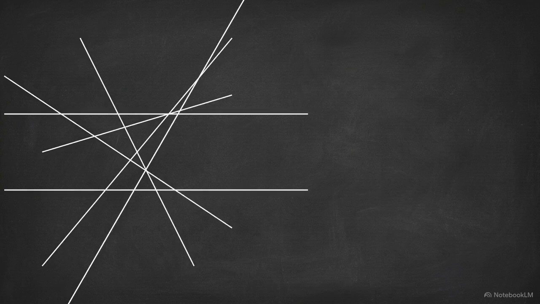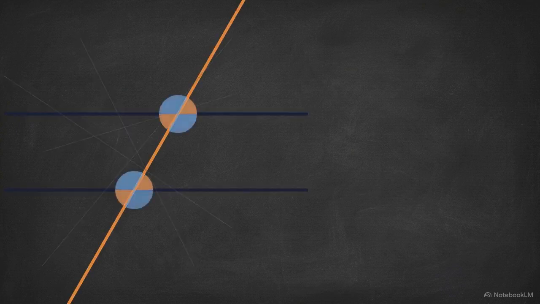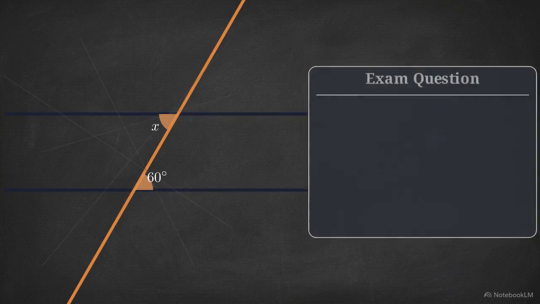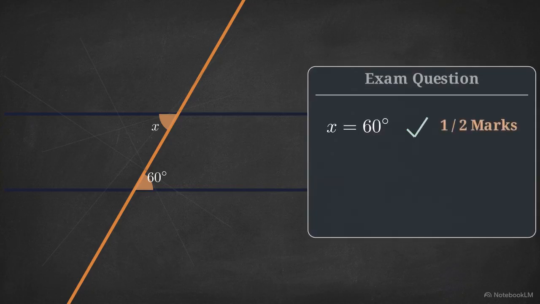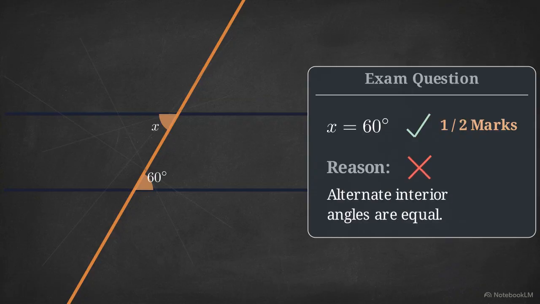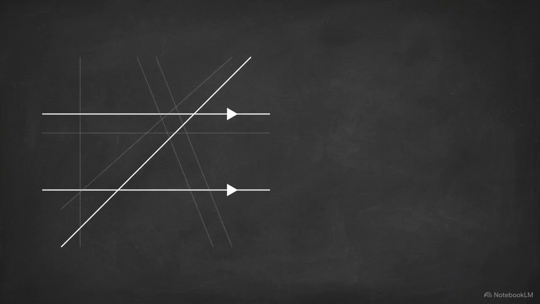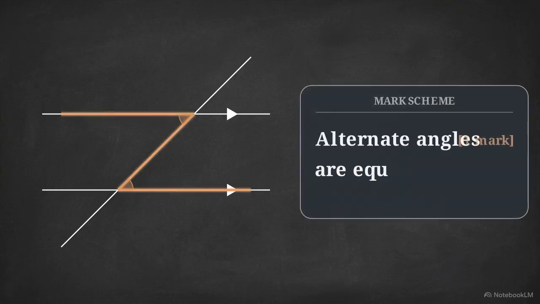When parallel lines are intersected by a transversal, they create a repeating set of angle sizes. In an exam, calculating the correct number is only the first step. You are required to justify your answer using standard notation for full credit. Solving these problems requires two distinct skills: visually isolating the relevant lines and using the specific vocabulary required by the